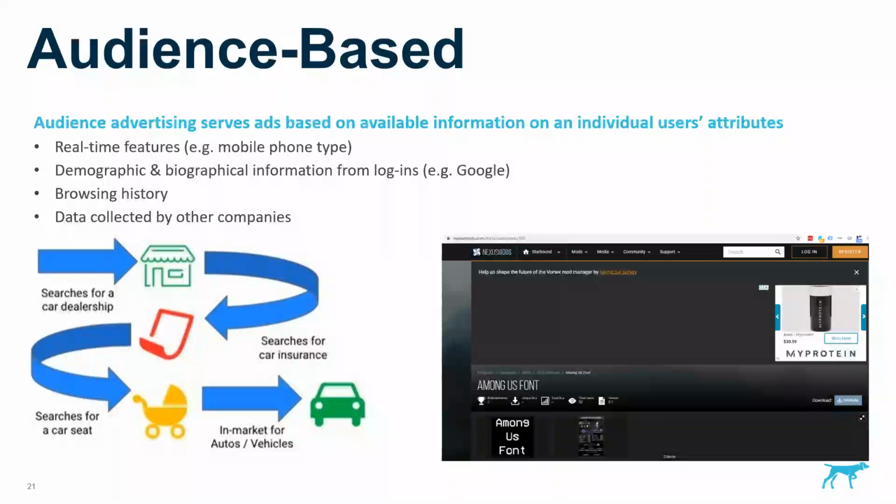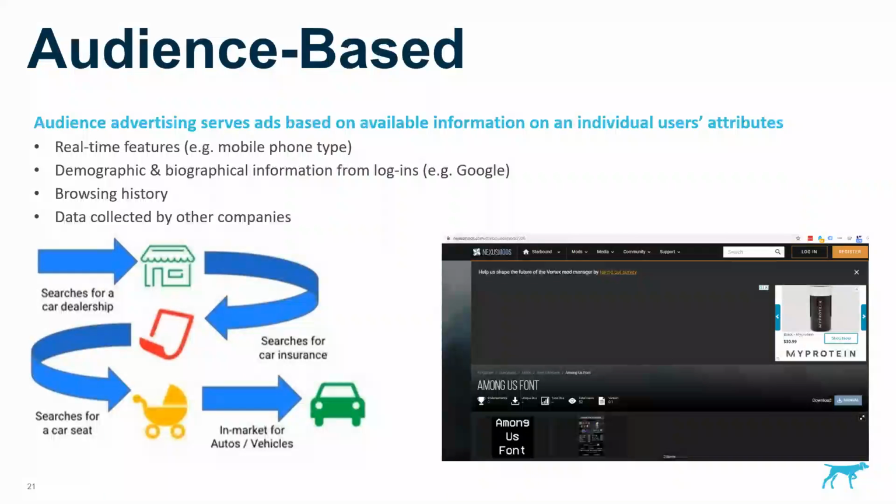You've also got information like the location and the time of day, all of that can be fed in to influence what happens with the ad. You also get demographic and biographical information from logins. Google and Facebook have their tags all over the internet. If you're logged in on your browser, that carries over. So that's how websites can often know roughly what demographic strata you fall into, or your biographical information around age and gender, etc.